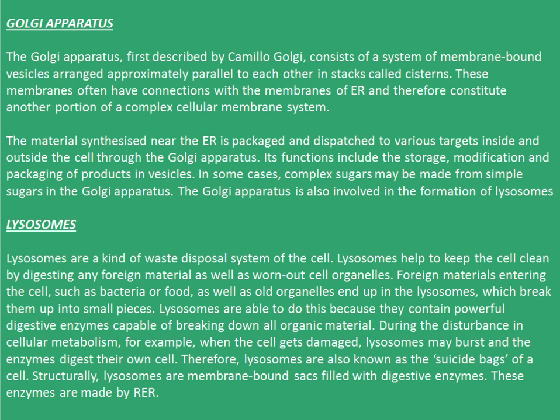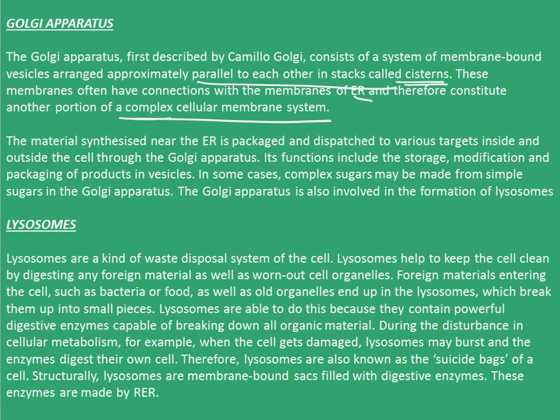Now let's move on to the Golgi apparatus. The Golgi apparatus, first described by Camillo Golgi, consists of a system of membrane-bound vesicles arranged approximately parallel to each other in stacks which are known as the cisterns. These membranes often have connections with the membranes of ER and therefore constitute another portion of a complex cellular membrane